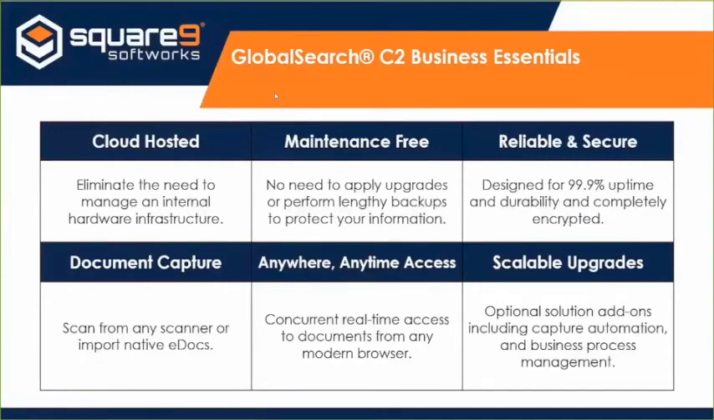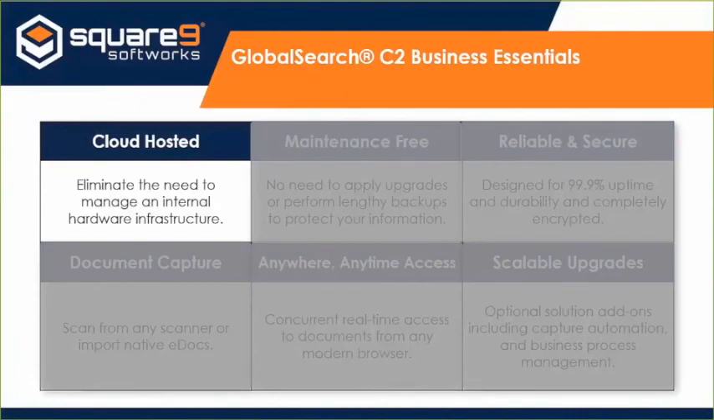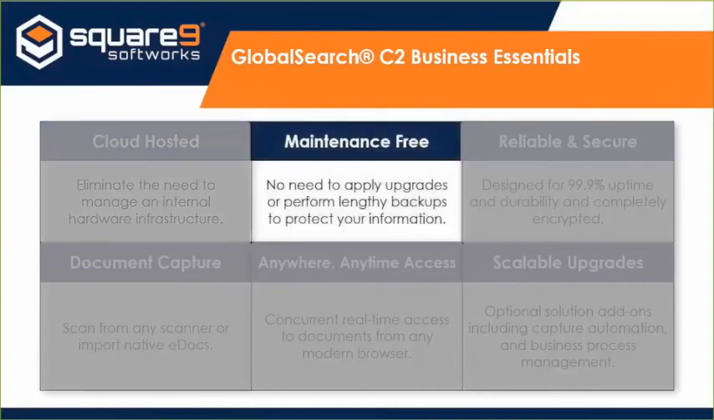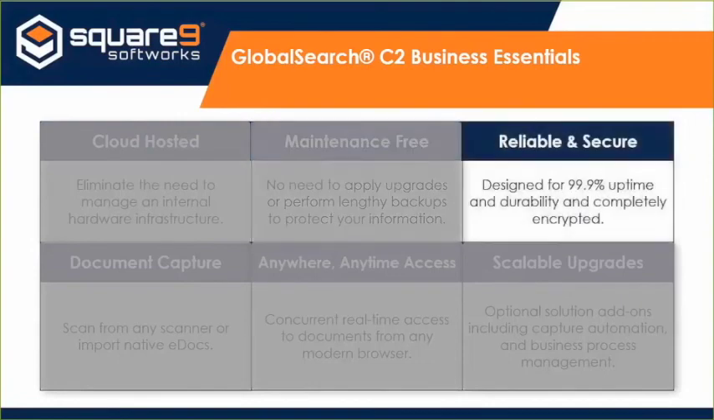So just to summarize again, GlobalSearch C2 is a cloud-hosted enterprise content management solution. It eliminates the need to manage and procure an internal hardware infrastructure for the centralized storage and secure management of documents. Because it's built in the cloud, it's also maintenance-free, so there's no need to apply upgrades or perform lengthy backups to protect your information. As we discussed, this sits on top of Amazon Web Services, which is extremely reliable and secure. It's designed for 99.9% uptime and data durability,